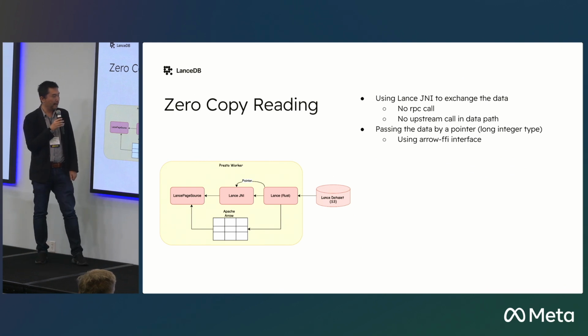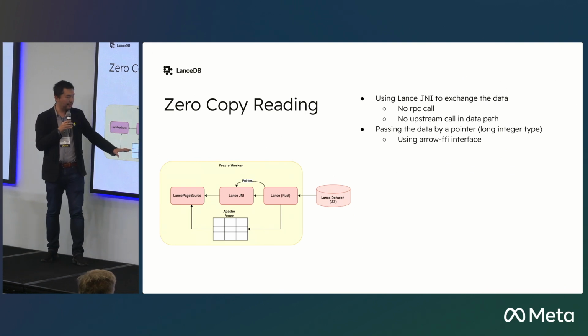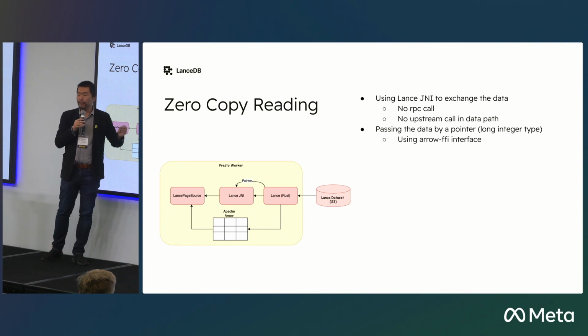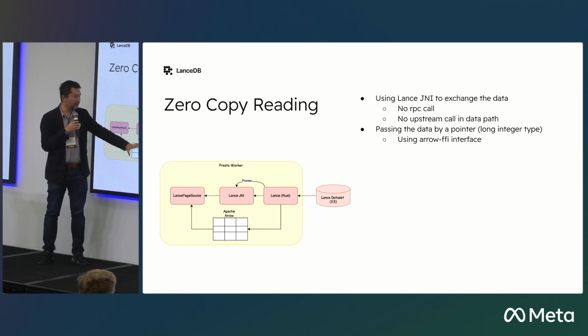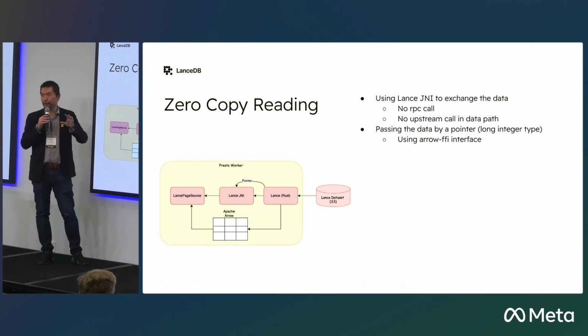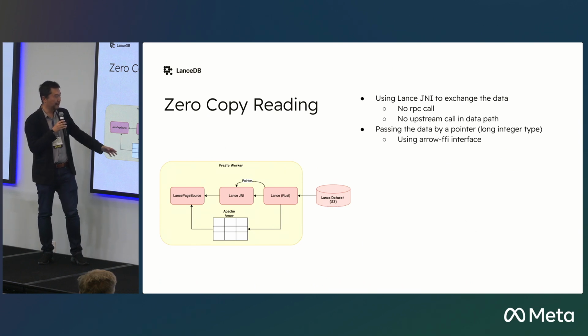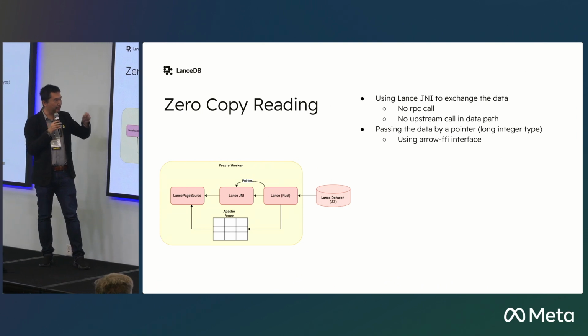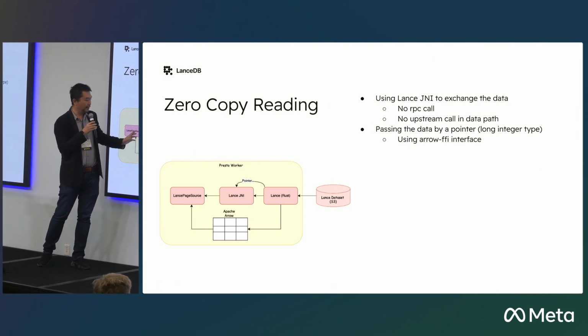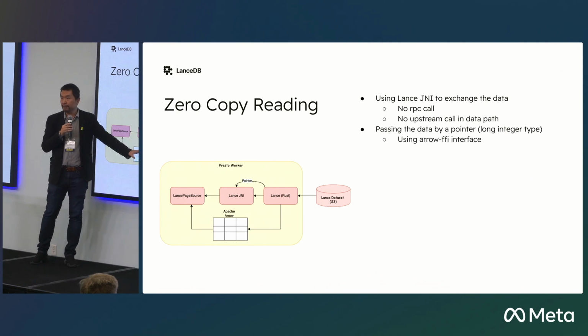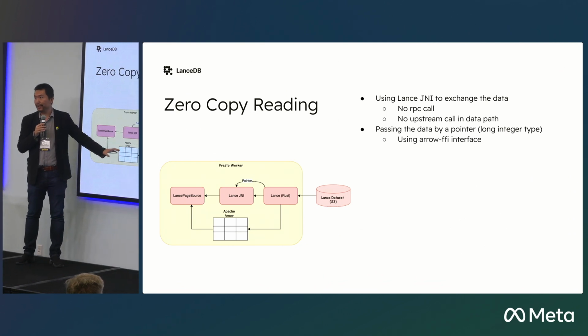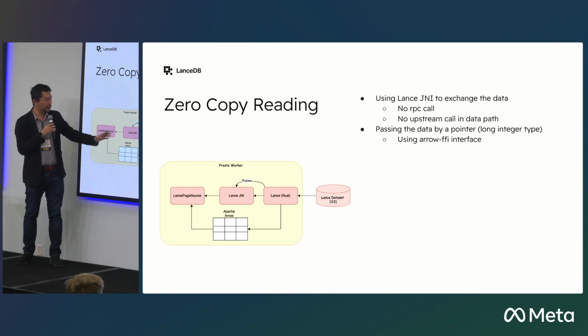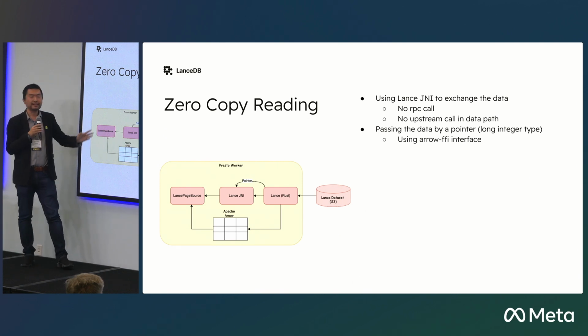So here, we're still using Lance to construct the Arrow, but we pass in a pointer. We are not doing something like a memory range copy from Lance to Presto. We pass in a pointer, and we are using something called the Apache Arrow FFI, so it can make the bridge. On the Java side, we construct this memory structure without doing any data copy. This is the same memory passed through from Lance to Presto. There's more technical detail here. If you like, you can check the code.